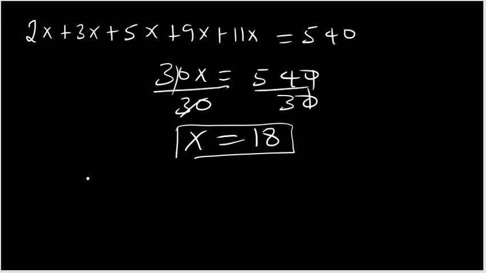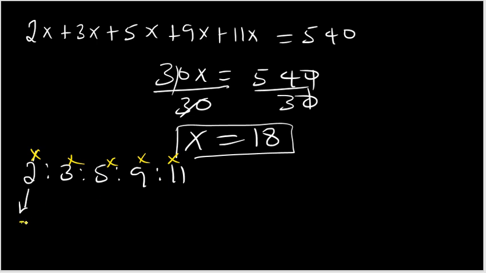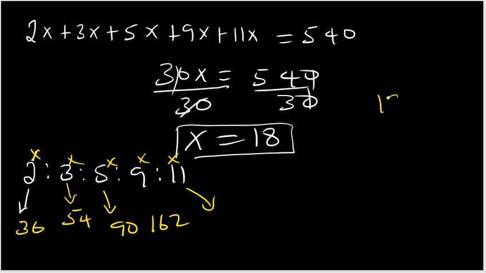Now what are the angles? 2 to 3 to 5 to 9 to 11. So let's get each angle. Like we already gave them x for each, and we got the x value, which is 18. 2 times 18 will be 36. 3 times 18 will be 54. 5 times 18 is 90. And 9 times 18 will be 162. And 11 times 18, that means 198. So it is concave